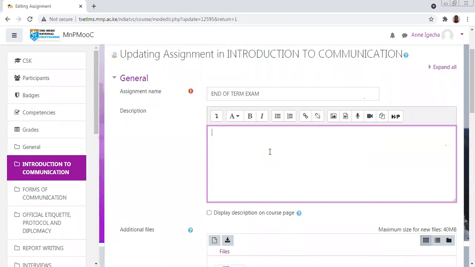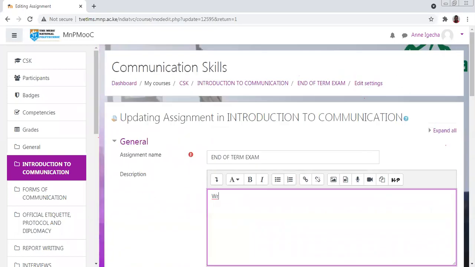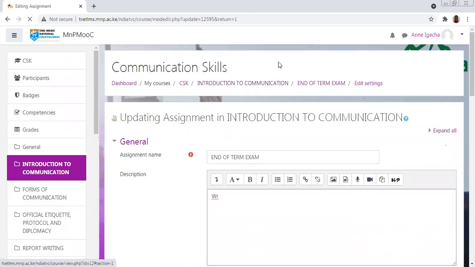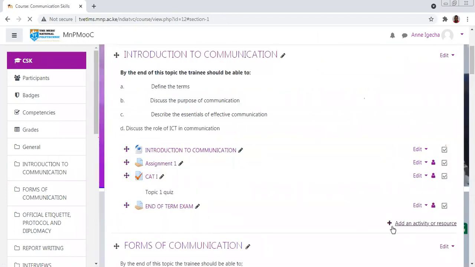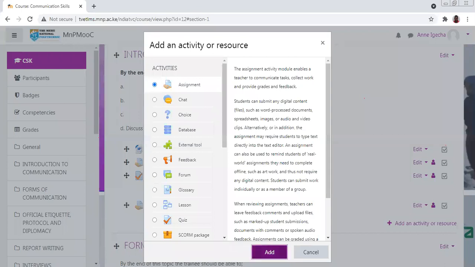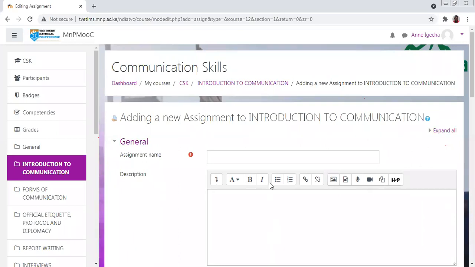You can type it and say, let's assume it was an essay, right? Let me do it in a separate place so that you are able to see. We don't get confused on this one. We can add it as another activity, as assignment. We still call it